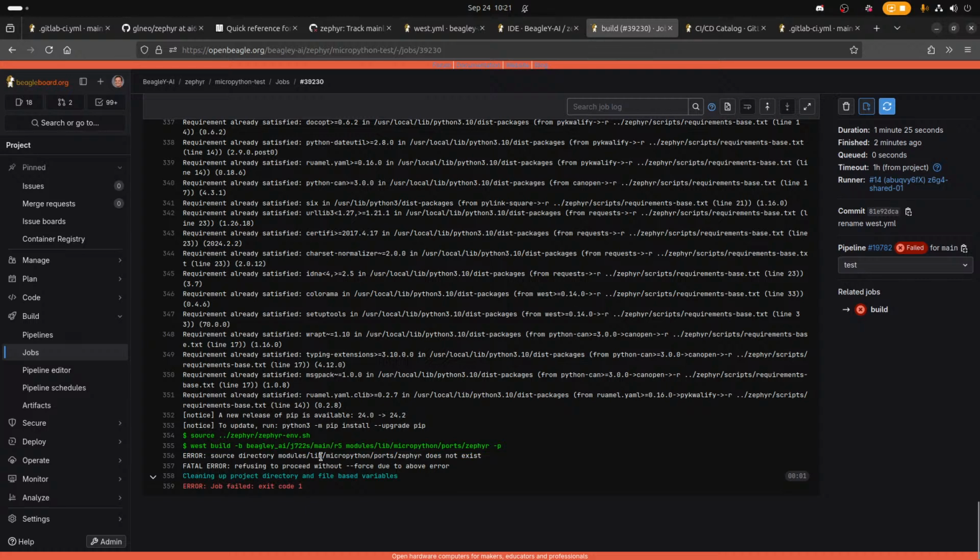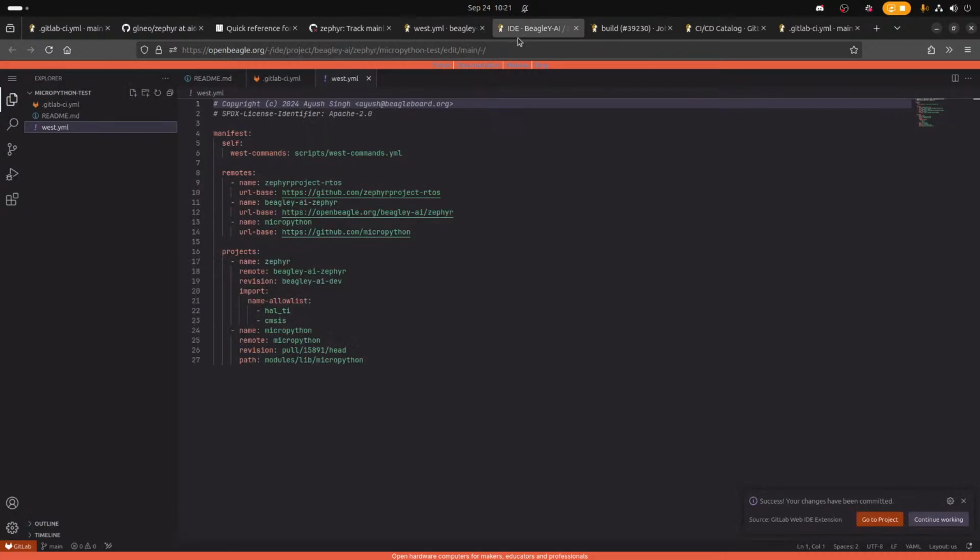Modules, modules. Did I? Something wrong in that? We will probably need to update the SDK version, but oh, and those instructions, yeah. Okay, modules, the MicroPython port does not exist.